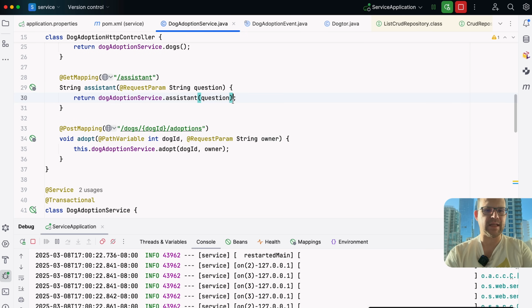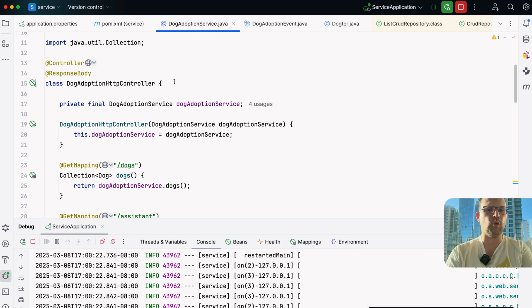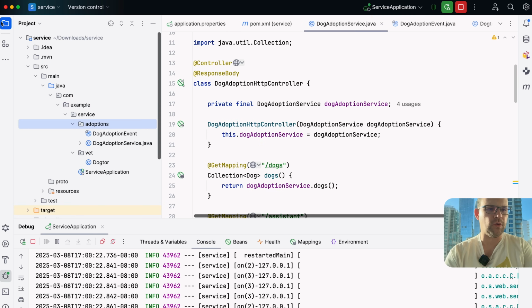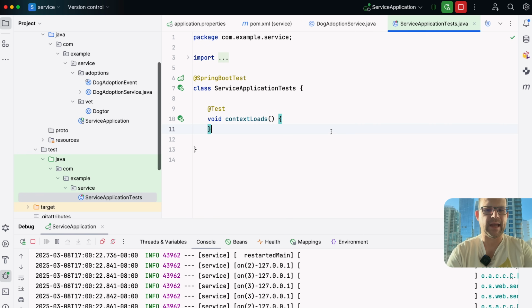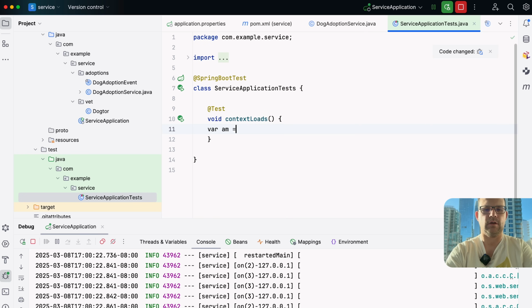So far, I've been publishing a message from one boundary to another, from one module to another. And I think my code is modular. It feels modular. But how do I know if it's modular? Well, same as anything, right? You write a test. So let's go over here and set up a quick test. Var application